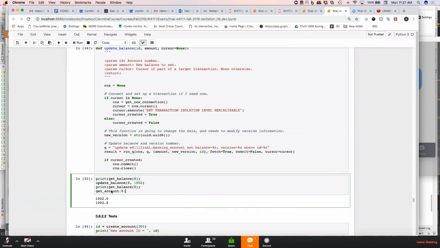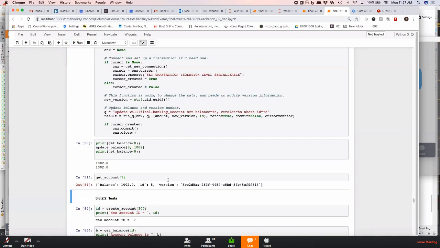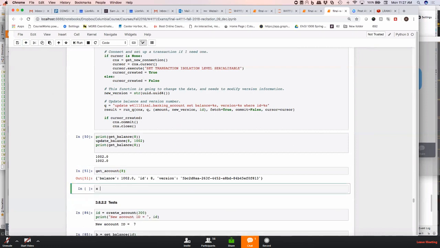Actually, let's just do this in another cell. So I'm going to do get account of 8. All right, so the next cell I'm going to do is update balance. And it's going to be account 8, and the new balance is some other value. I run that. And then if I go run this again,